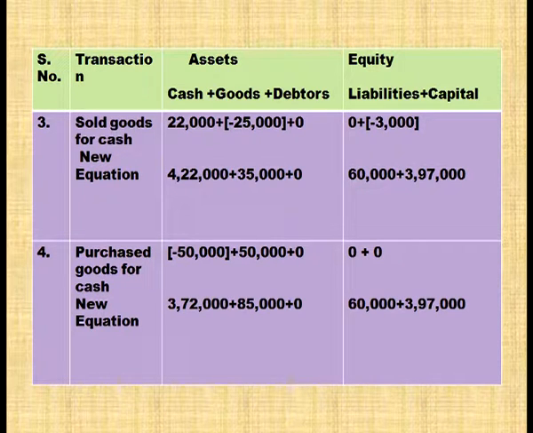Coming to another transaction, purchase goods for cash. Goods are increasing, so in the goods column plus 50,000. Cash is going, minus 50,000 in the cash column. New accounting equation will come with cash 3,72,000, goods worth rupees 85,000 and liability 60,000 plus capital 3,97,000,